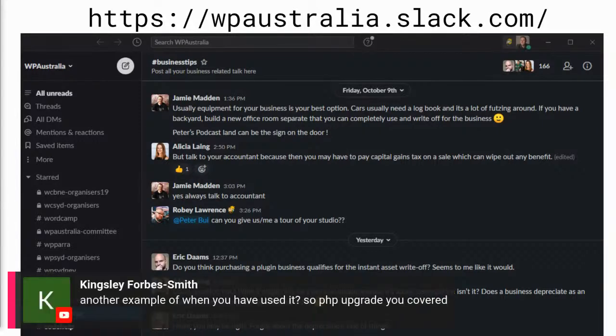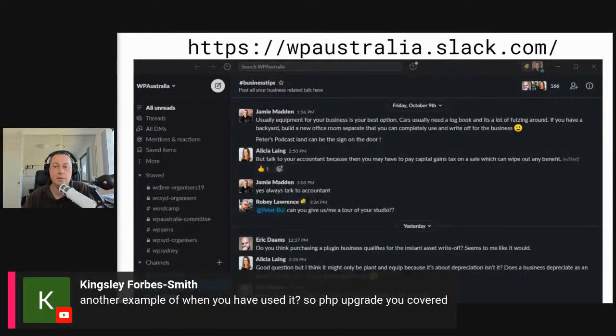I do have a quick comment here. Kingsley Smith says, another example of when you have used it. So PHP upgrade you covered. Oh, okay, right. Yeah, so it's mostly for PHP upgrades, I would think, to know about the extensions,